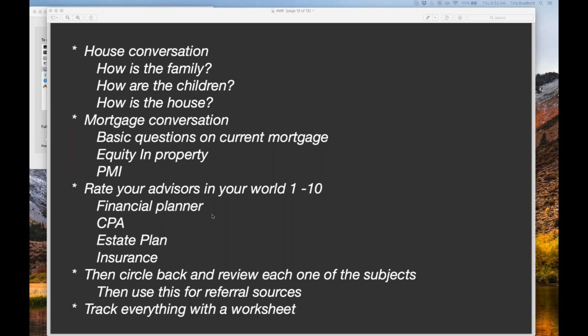Principal reduction, you're going to use some amount, and it could be a conversation that you have, you know what, there's nothing that I think we can do for your house. There's nothing that I think we could do with your loan. You're in a great loan. However, do you have extra cash at the end of the month? Are you currently doing anything with that extra cash? Sure. How much extra do you have? $150,000 or $150 a month. Perfect.